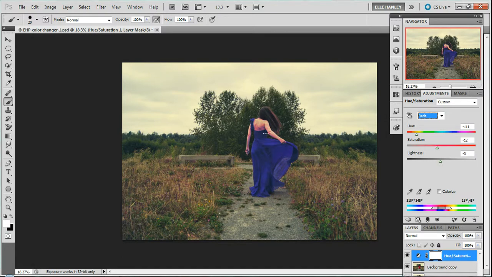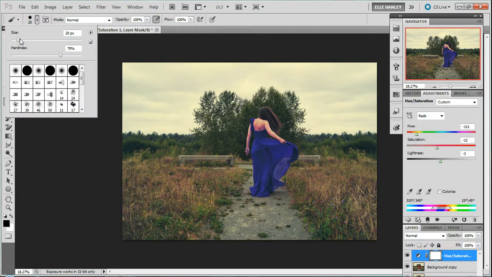And once you get the color of the dress the way you want it, the next thing you're going to want to do is remove your color change from the areas you don't want it, such as your subject's skin. You do that by working with the handy dandy little mask that's built into your adjustment layer. You know you're working on your mask layer because it's highlighted. So I'm going to take my brush on black to remove and change my size to whatever, and 70, sure,